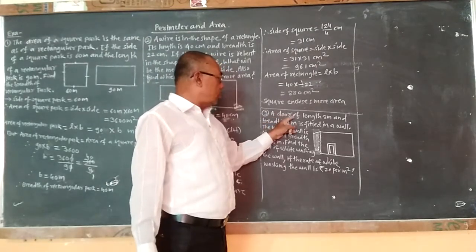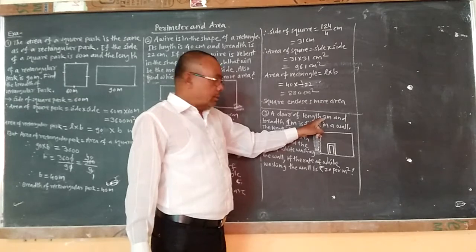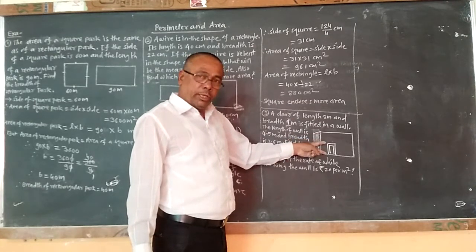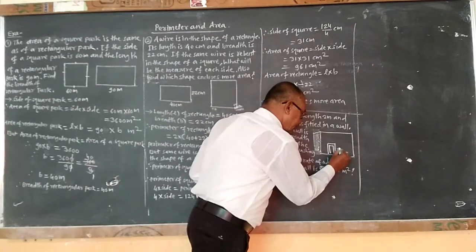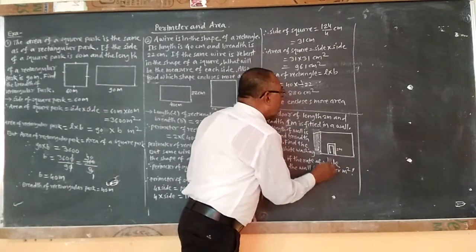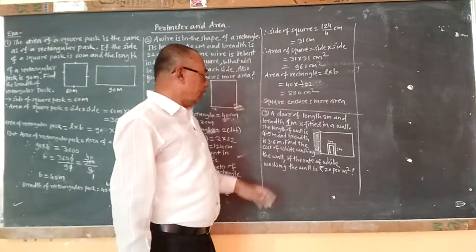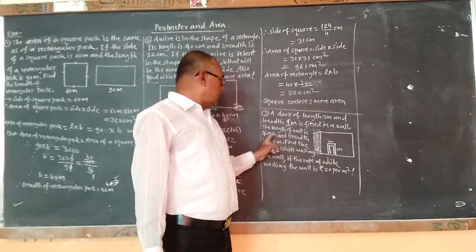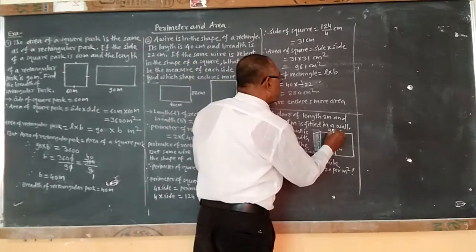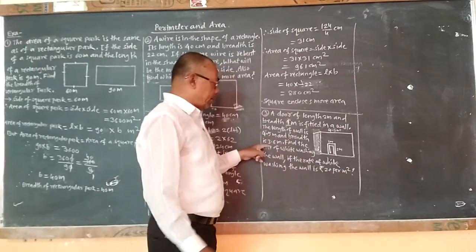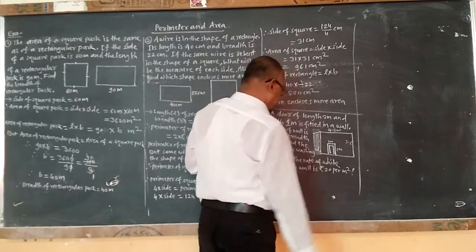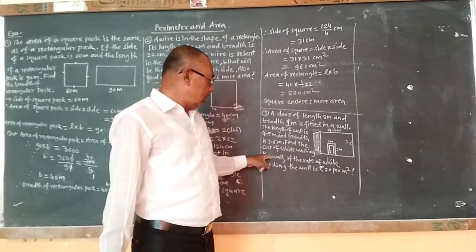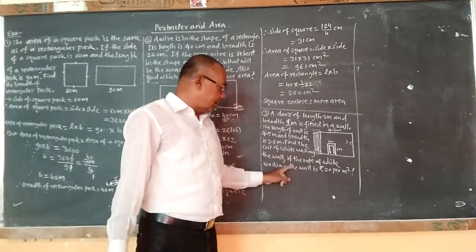that is, a door of length 2 meter and breadth 1 meter. Here I have shown the length of the door in the figure: it is 2 meter and breadth is 1 meter. It is fitted in the wall. Here this wall is shown. The length of the wall is 4.5 meter and breadth is 3.6 meter. Find the cost of whitewashing the wall if the rate of whitewashing the wall is rupees